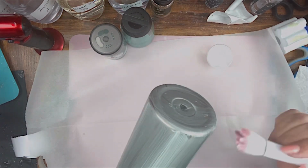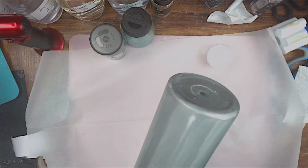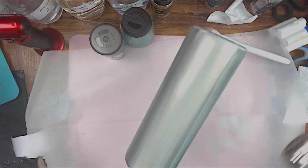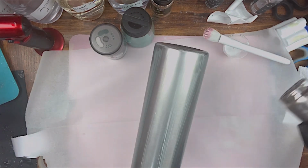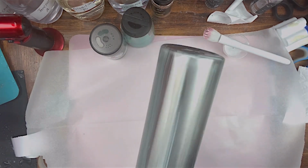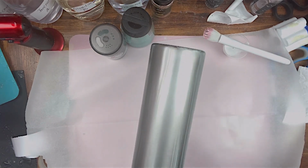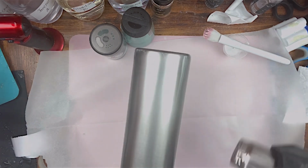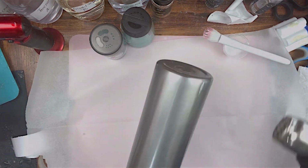So I'm going to go ahead and paint one layer of the Tack it over and over onto the entire tumbler, getting it as smooth as possible. And once that's done, I'm going to take my heat gun and dry it because I'm lazy, and you can almost see it drying right here as I've got the heat gun on it. And then once this layer is completely dry, I will go in with a second coat of Tack it over and over